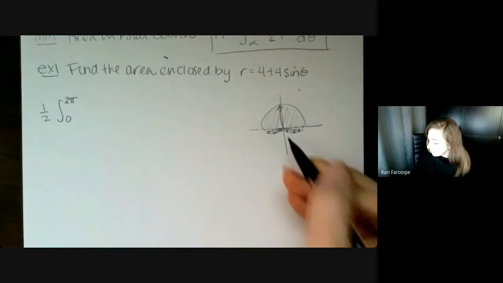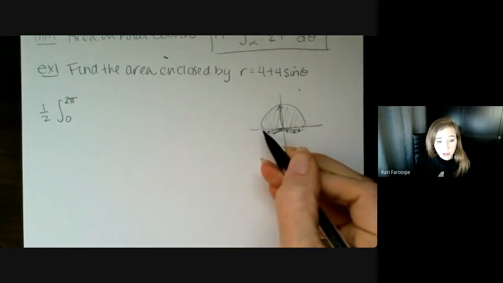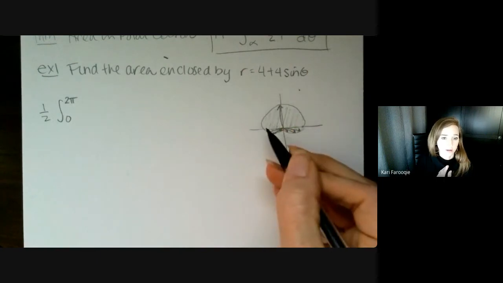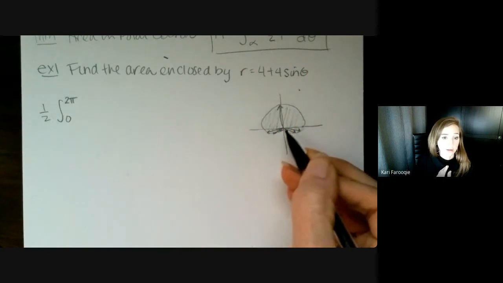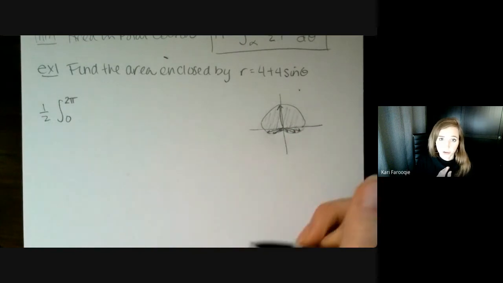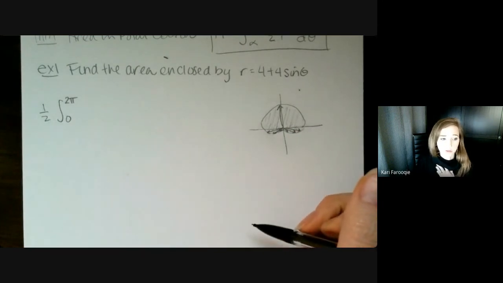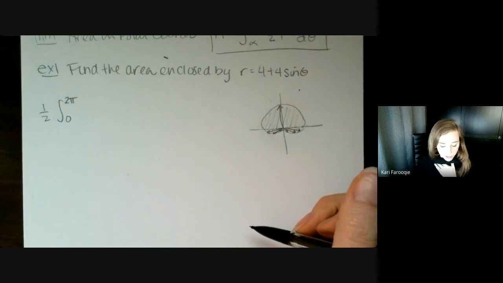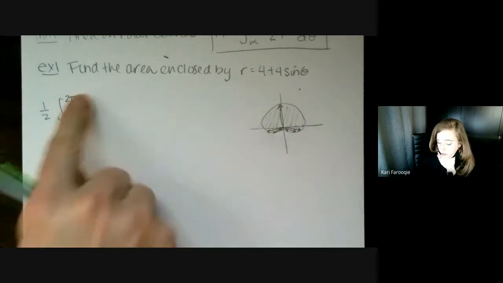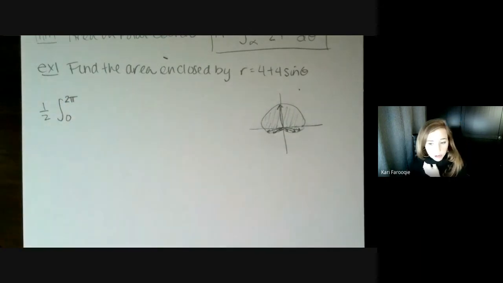But you could start at a different spot. You could start at pi if you wanted, and then you could go up to 3 pi. You could start at negative pi and go up to positive pi. It's up to you. Play around with it. Just because your bounds are different doesn't mean you did the wrong thing. I'm going to put the rest of this together, but I want to know if there are any questions on your upper and lower limits of integration.